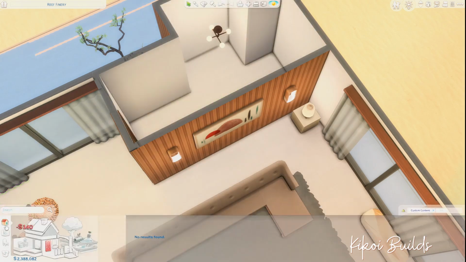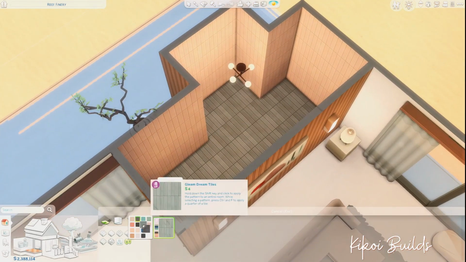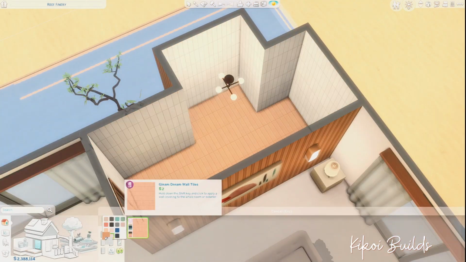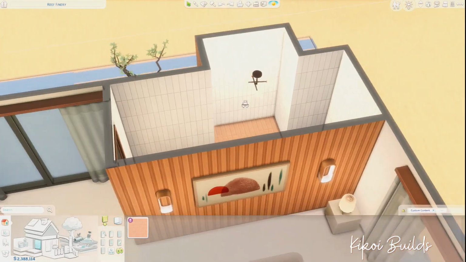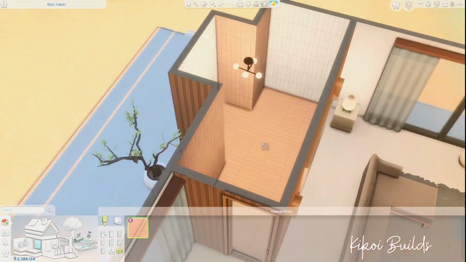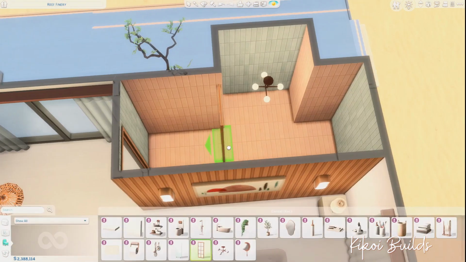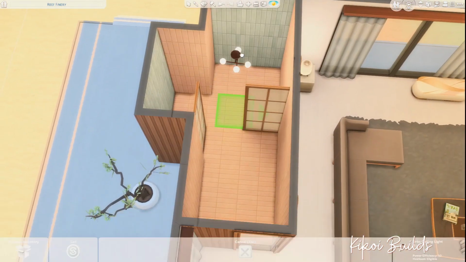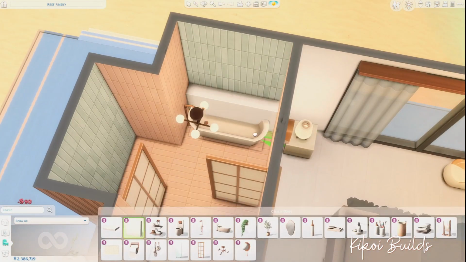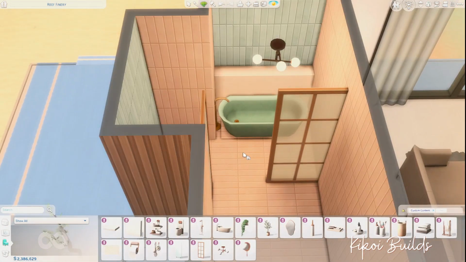Next, we are moving to the first bathroom of the lot. This one is on the first floor, of course. It's next to the living room, and we have 3 bathrooms in this house. All 3 of them are decorated and furnished with the Sleek Bathroom kit. The Sleek Bathroom kit has become one of my favorite kits, very easily one of my favorites, because thanks to this kit, I'm able to stray away